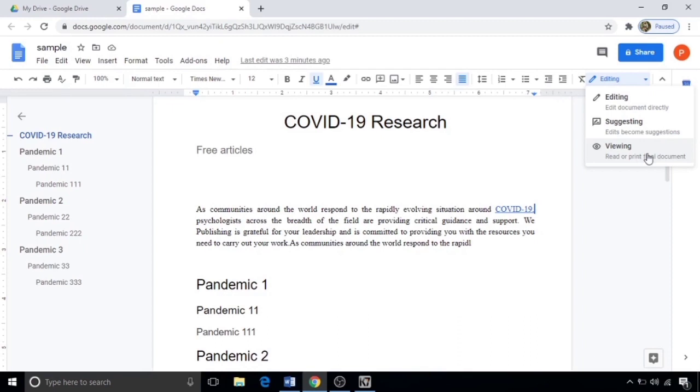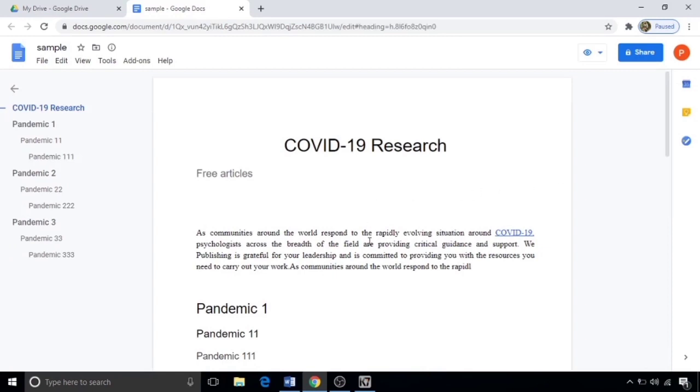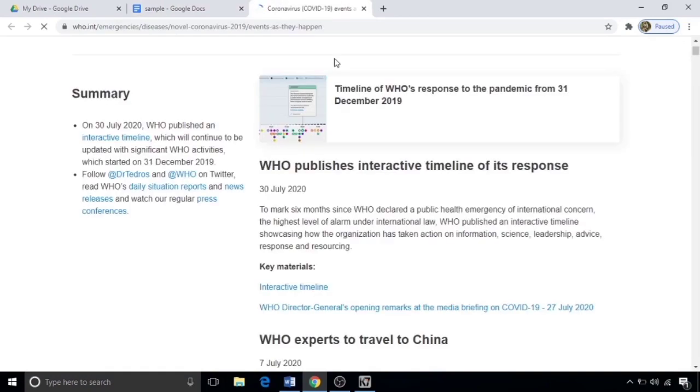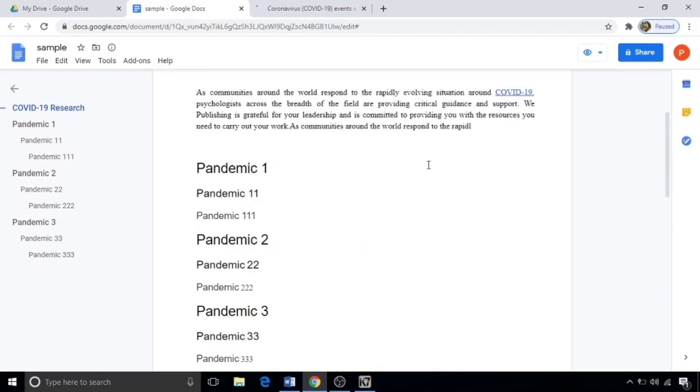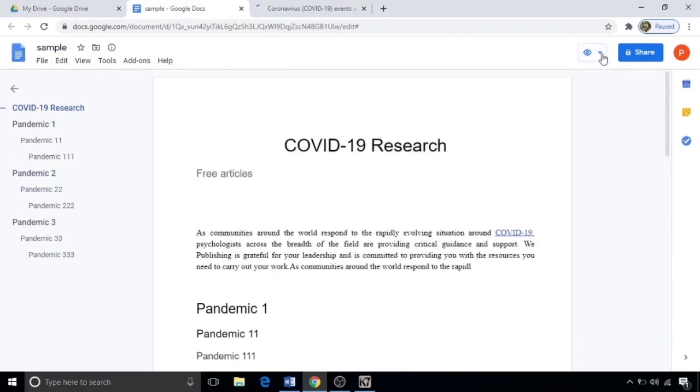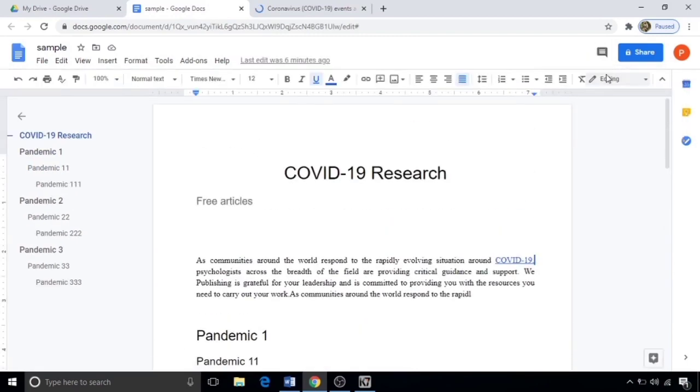This shows exactly what your document looks like, and so you cannot edit anything. Now I am going to click viewing mode to preview this document. If you click over the linked word, it takes you directly to the website you linked here. See how your document looks like. I am selecting editing mode again.